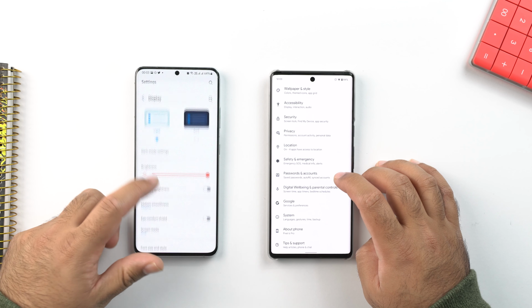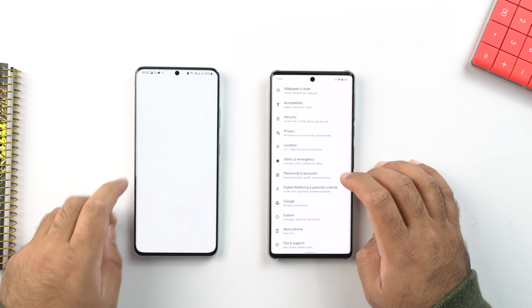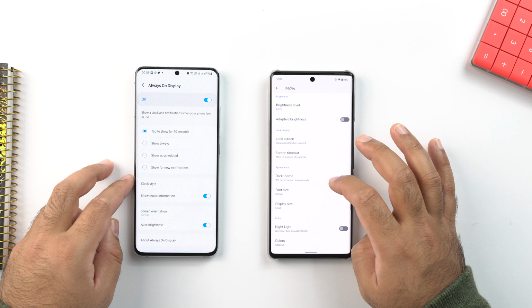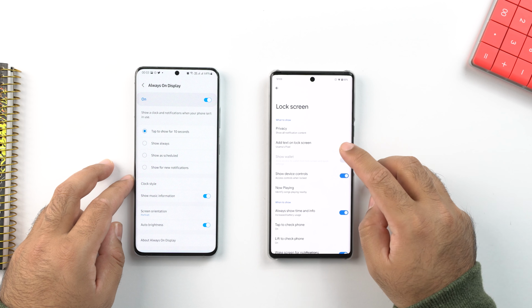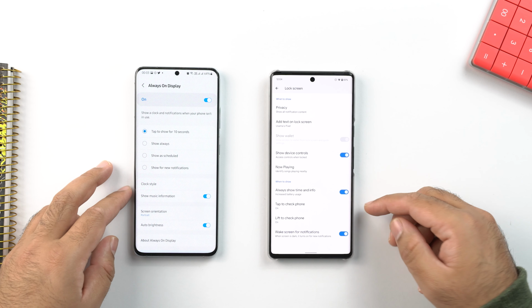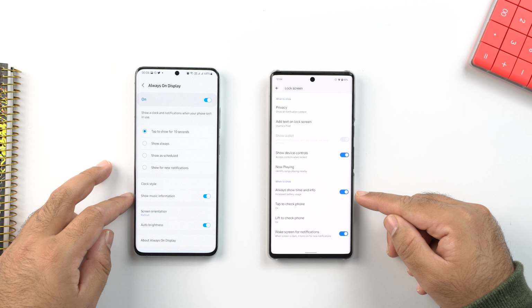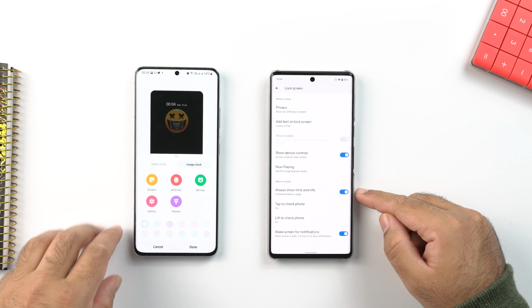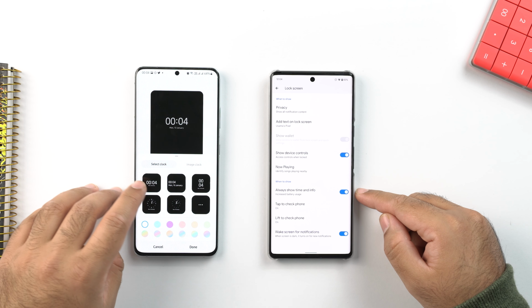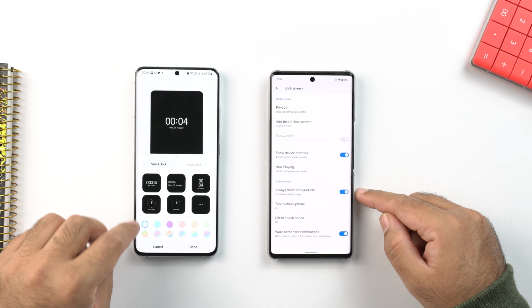Both operating systems have the always on display option, but the always on display on the Pixel is a very boring clock along with some other icons, and that's about it. On the One UI 4, the always on display is a whole world to be explored. You can customize its look, add custom images, display custom elements and whatnot.